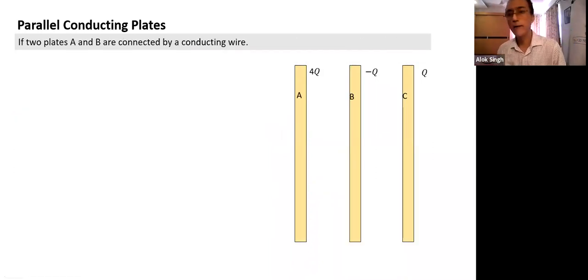Now we'll come to those things we have done in the case of spherical shells also. What happens if we connect A and B by a conducting wire? What changes will it bring about? Before I get started, think of what would happen if I connect by a conducting wire. Based on what you understood yesterday, can some of you give some statement what would happen if I connect plate A and B by a conducting wire?